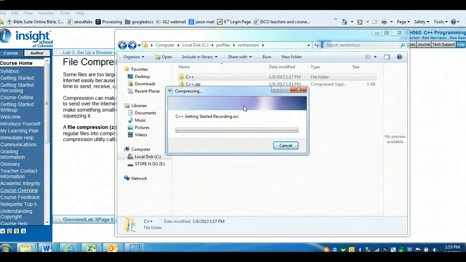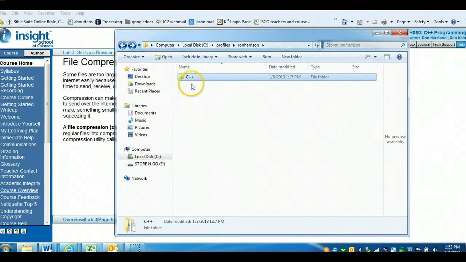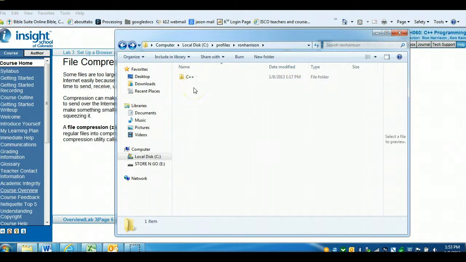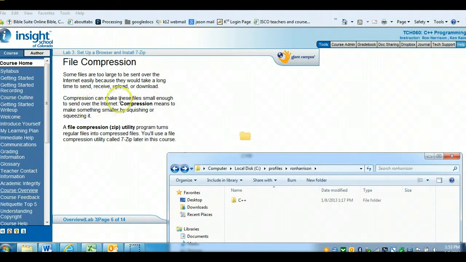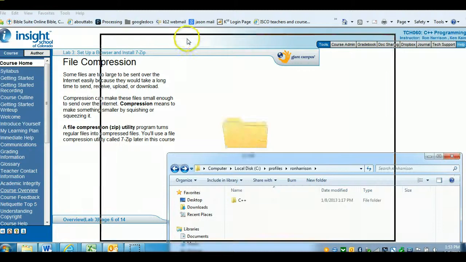What it's doing is it's automatically compressing. And you can see in the background, it's creating this folder called zip. I'm going to cancel that. But it created that folder called zip. You saw it there for a second, but it went away when I canceled. So then that would mean C++ would be zipped up as a different file or folder, and I could send that. So the idea here is that you don't need to do this file compression if you have the right version